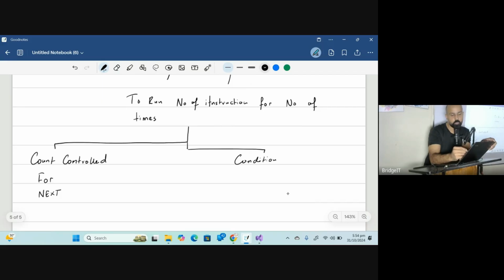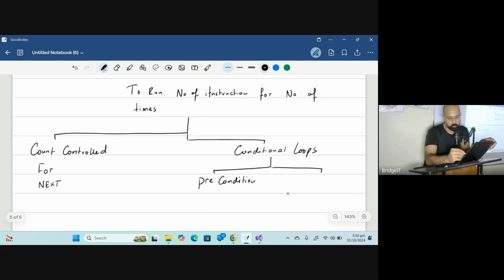What do we call the do while loop? Thanks. So we have two categories. One is known as precondition. To run some instructions for a number of times, we have loops. Loops have 3 types. Basically 2 types, and the second type is further divided into 2 more types.